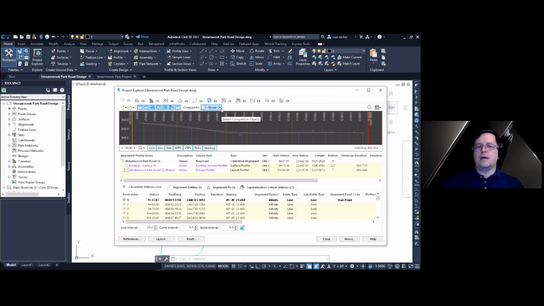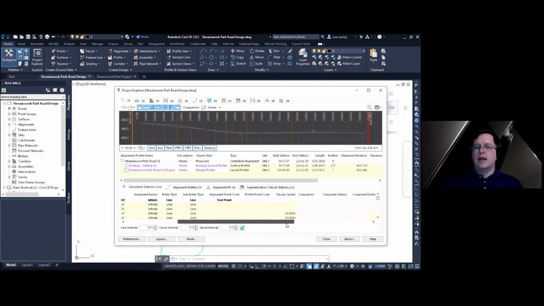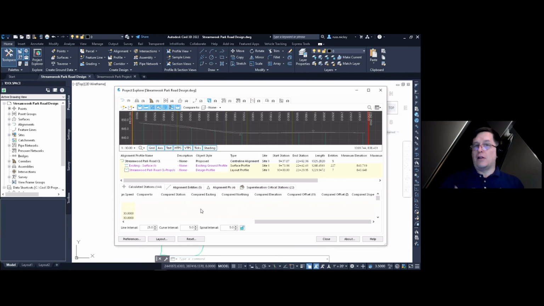Next to that is the compare area. What this does is take whatever object you have selected and compares it to some other object that's in this file. Now, that's going to be things like a surface or another alignment or a profile, some other object that you might need information on. Whichever thing that you've selected, I'm going to come down here to the sub-object table. We'll describe that more in a second. But in the right-hand side of that, you'll see the compared columns. Now, not all of these will be filled with information, just the appropriate ones will, but it gives you that context of where your object is in context of some other object in your file.